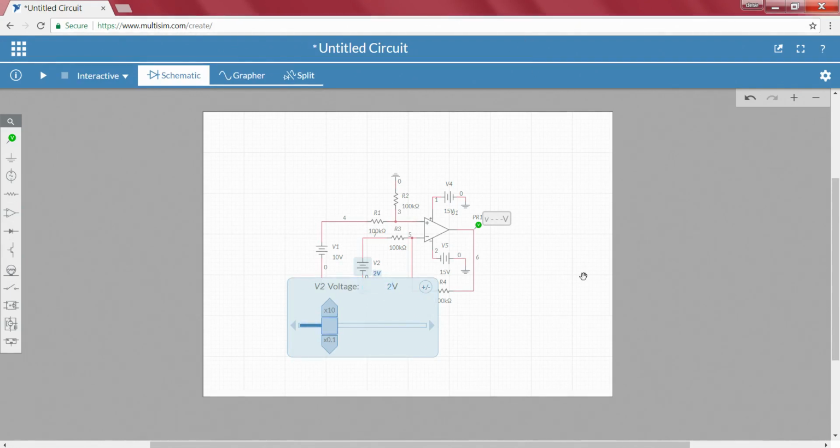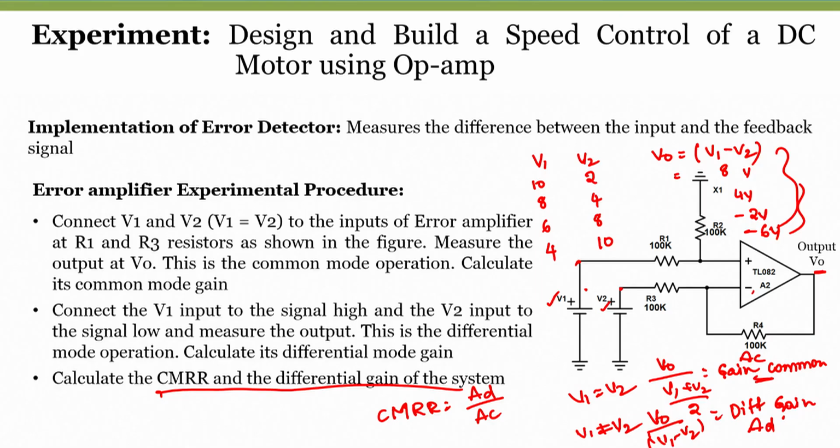What are all the values we have considered? One is 10, the other is 2, the other is 8. We know that this is 8, 10 and 2 gives 8, 8 and 4 gives 4, and 4 and 10 gives minus 6. We will see what values we get for everything, then we will list them out.